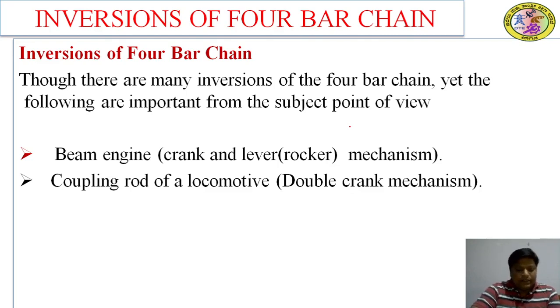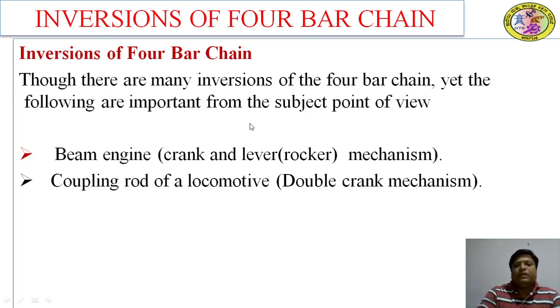In a kinematic chain, when one of the links is fixed, we call it the frame. When we fix a different link, we obtain a different mechanism, as in case 1, case 2, case 3, and similarly. To satisfy the Grashof law, with the different cases, L plus S is less than or equal to the sum of the other two links. So there are many inversions of the 4-bar chain.